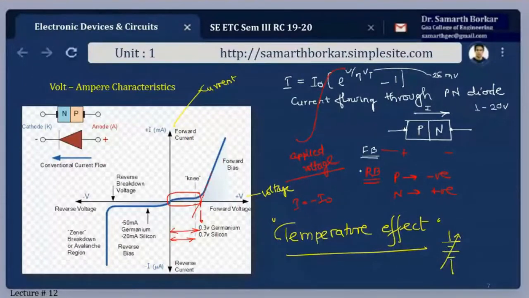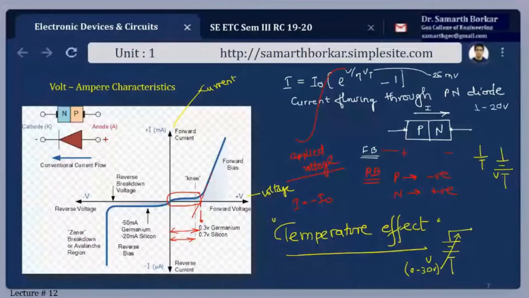When I draw this symbol, this is for a single cell. When I draw this, it is a voltage source of a fixed value. And when I put an arrow across it, it becomes a variable power supply, variable voltage. In the laboratory setup, we have 0 to 30 volts, so I can vary right from 0 to 30 volts.